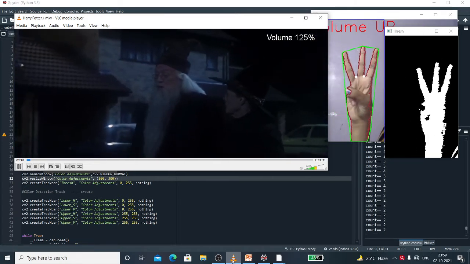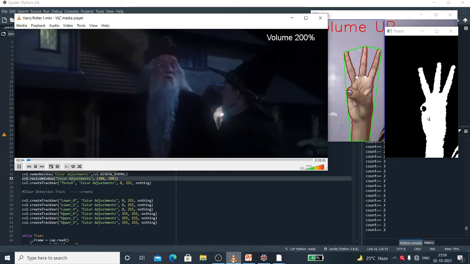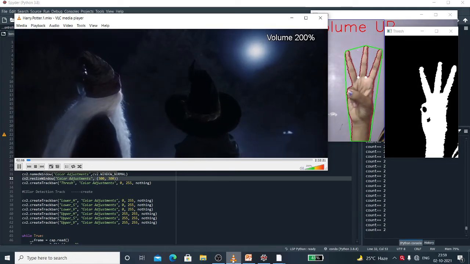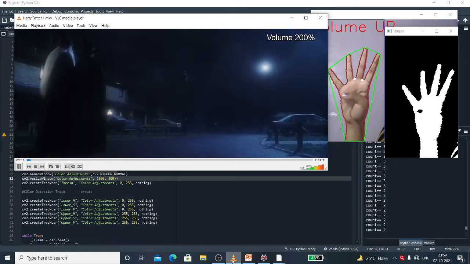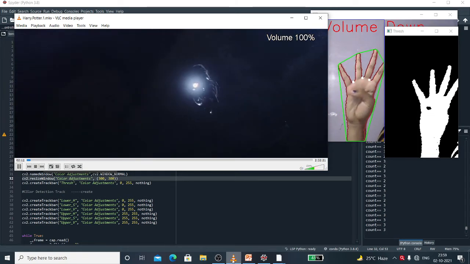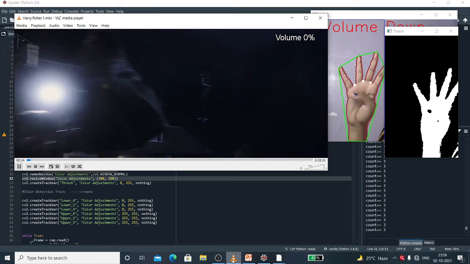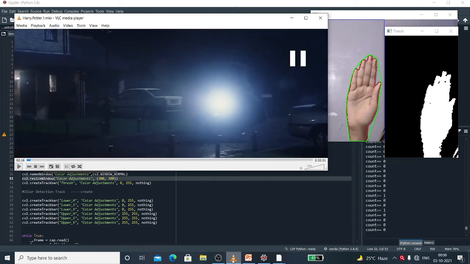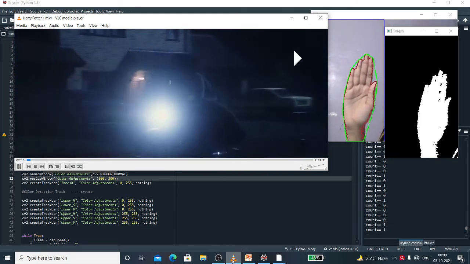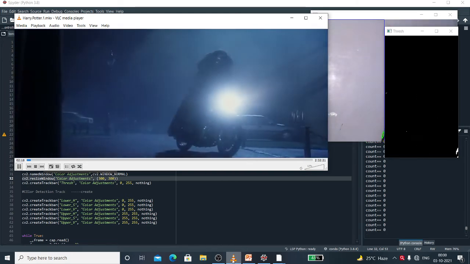In the same way, I'll show you once again, and it's increasing the volume. Play, pause. I think you got the concept now.